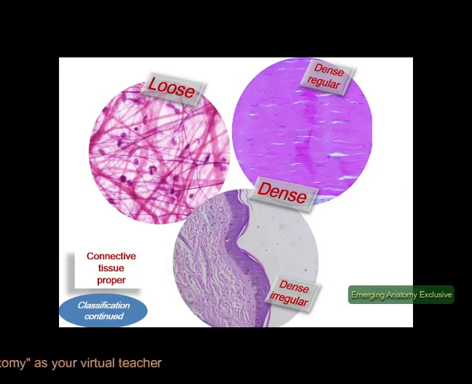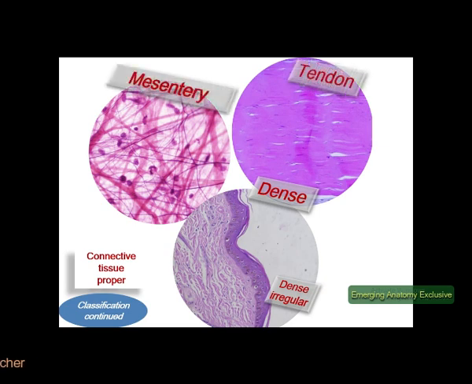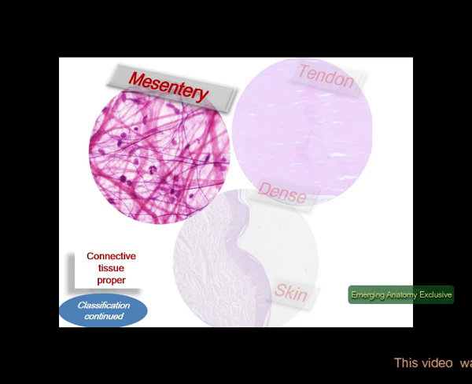Come to the point again. Can you imagine why this type of arrangement of connective tissue fibers is required? Okay, I am giving you the clue. This section is from mesentery, this is from tendon, and this is from skin. Now think, does the mesentery need structures to combat external forces? No, it supports the intestine of the digestive tract. So the arrangement of the fibers here is not dense. Simply loosely arranged connective tissue fibers are enough to fulfill the supportive function.